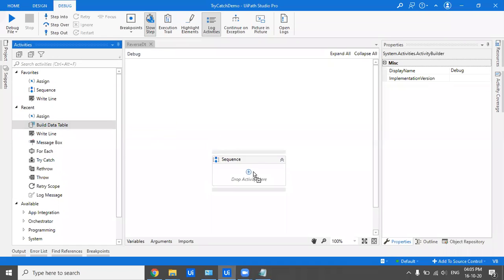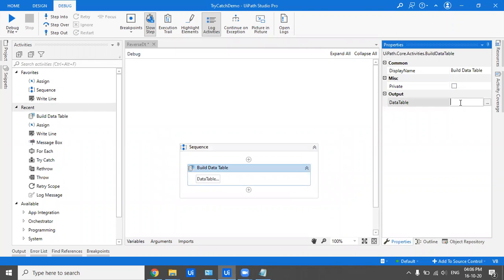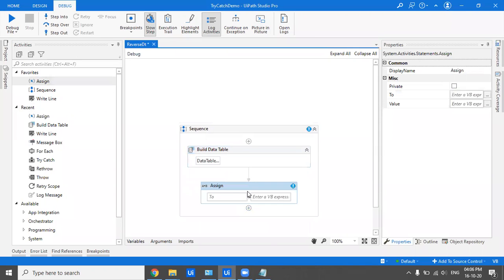What is it? For that, let me just build a dummy data table. Let me add my name and just a few rows, and let me click OK. So I just added 3 rows, I think. The first trick is that you got a data table and you have to process it in a reverse order, that you have to turn your data table upside down. So how to do that?